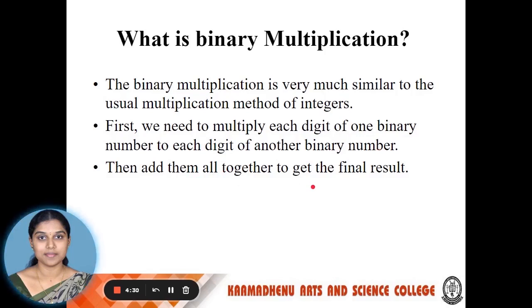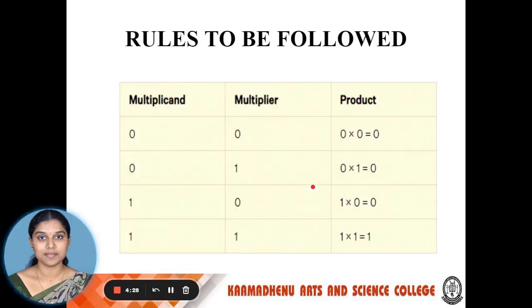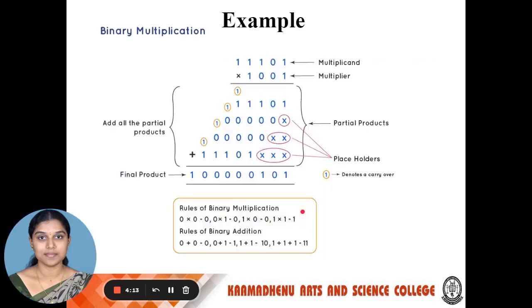We have to follow some rules, right? So here the rules are 0 into 0 is 0, 0 into 1 is 0, 1 into 0 is 0, so anything into 0 will be 0. Next one, 1 into 1 is 1. For example, I took the multiplicand